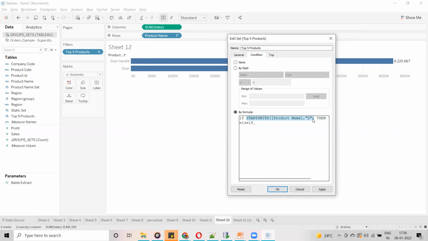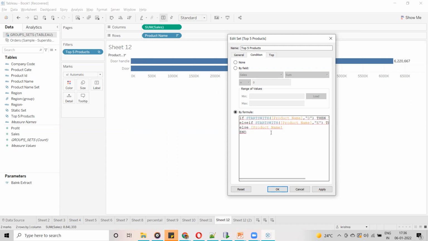Control C, again else if, Control V. Here I am going to mention starts with E. Then here I am going to mention E, and after that else, others. Else I am going to give the product name itself. Here you can see it is not even showing the field names as well. So Control C, Control V, and after that end. So this is the calculation I have written.